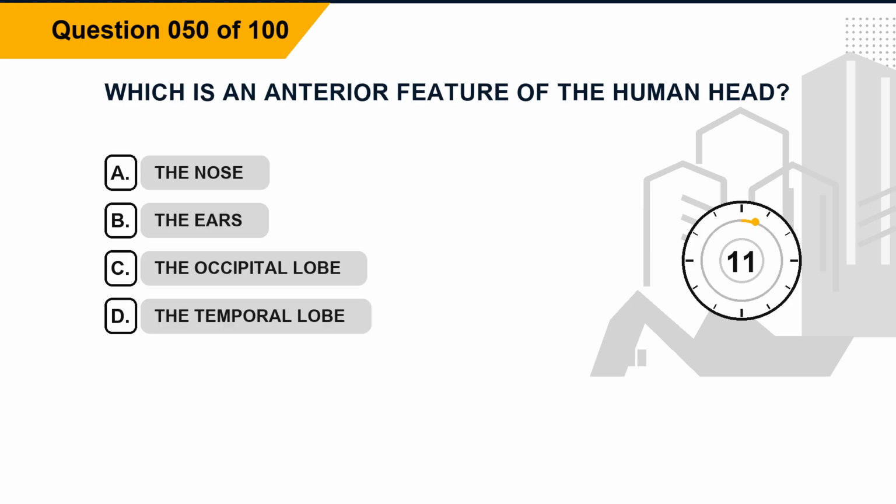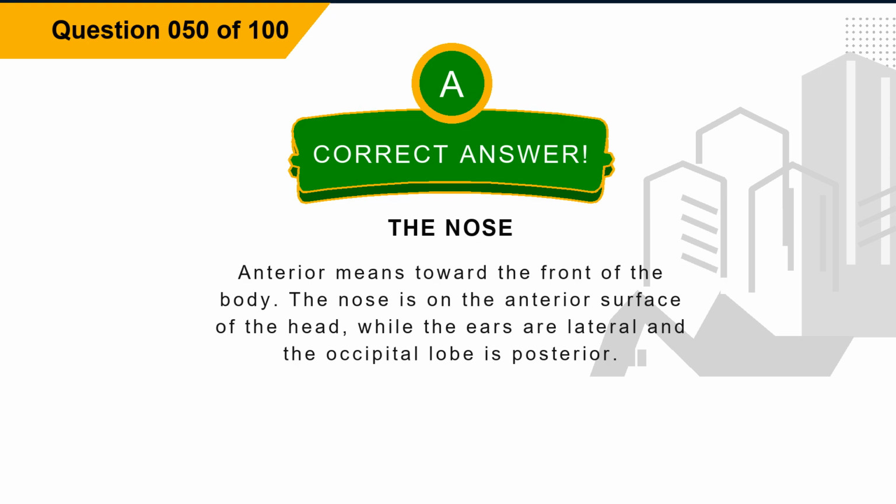Question 50. Which is an anterior feature of the human head? Option A, the nose. Option B, the ears. Option C, the occipital lobe. Option D, the temporal lobe. The correct answer is option A, the nose. Explanation. Anterior means toward the front of the body. The nose is on the anterior surface of the head, while the ears are lateral and the occipital lobe is